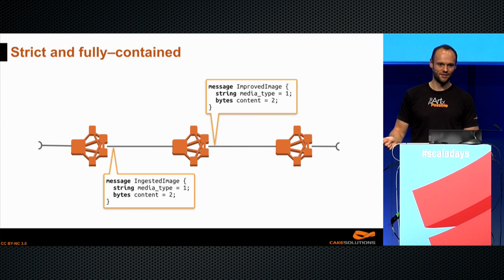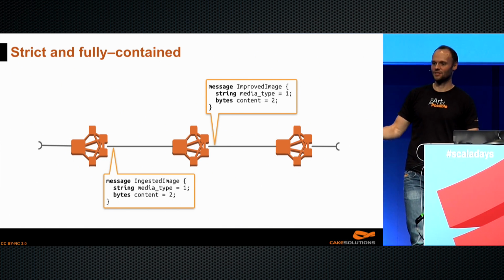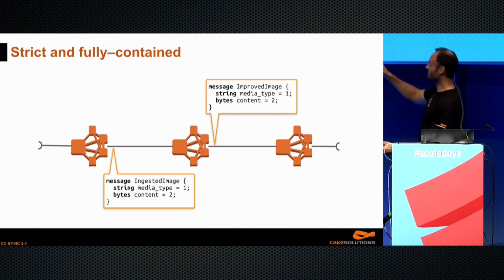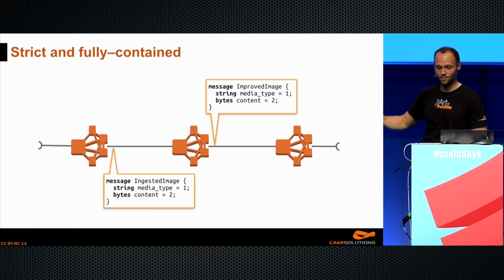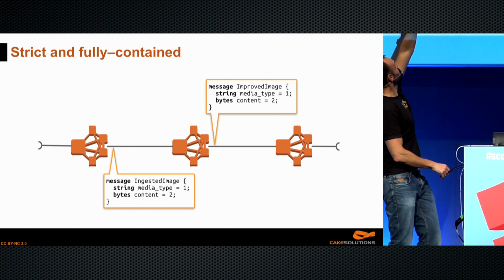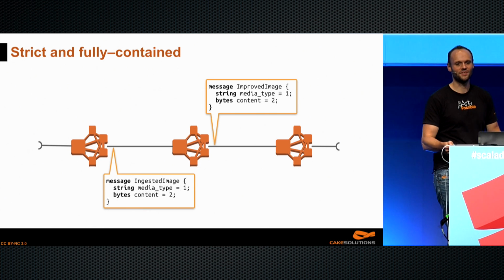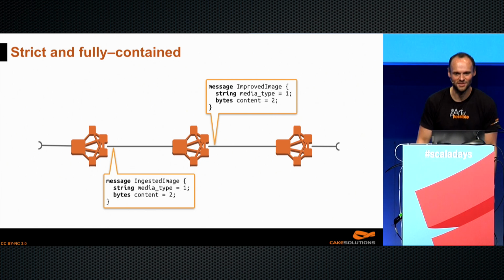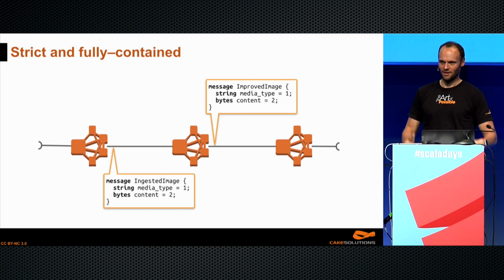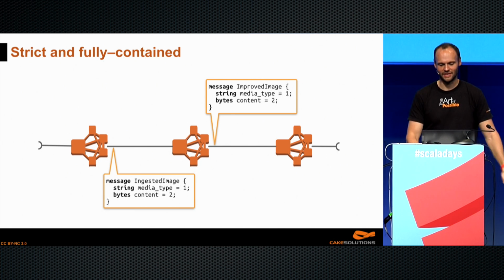It would be so tempting to have ingested image and ingested image on the other side. Now, if you do that, you have locked two or more microservices together. Now you share a message, you share a protocol, and that's a terrible place to be. If you happen to be using protobuf, it's not too onerous to write four lines of code, even though they have the same fields: media type, content, same stuff on the left, same stuff on the right, but give it a different name. It's a different message. If you do it, you really decouple your microservices, and you will be able to change things independently. You will focus on one thing, changing one microservice at a time.